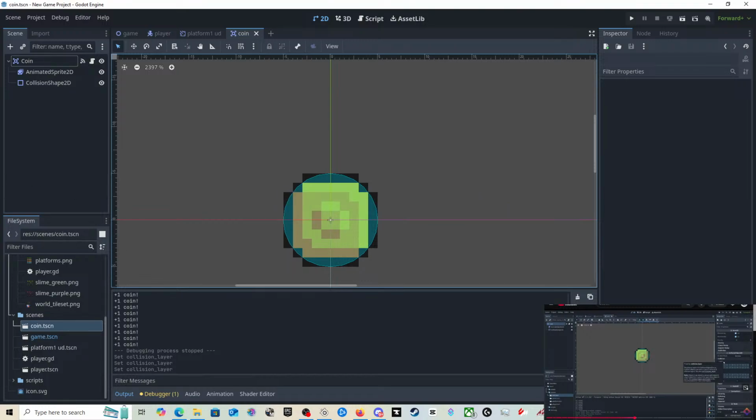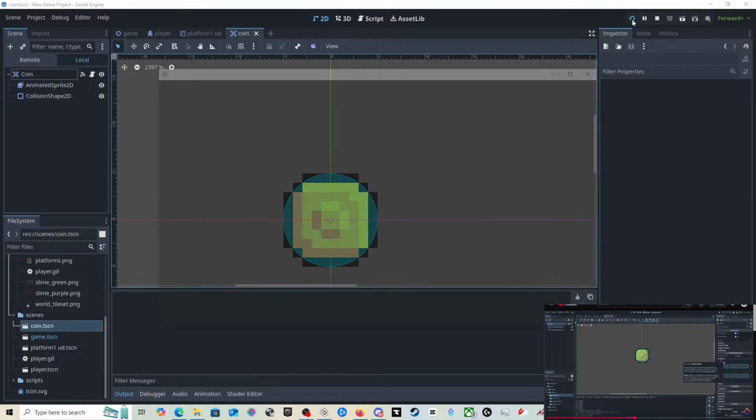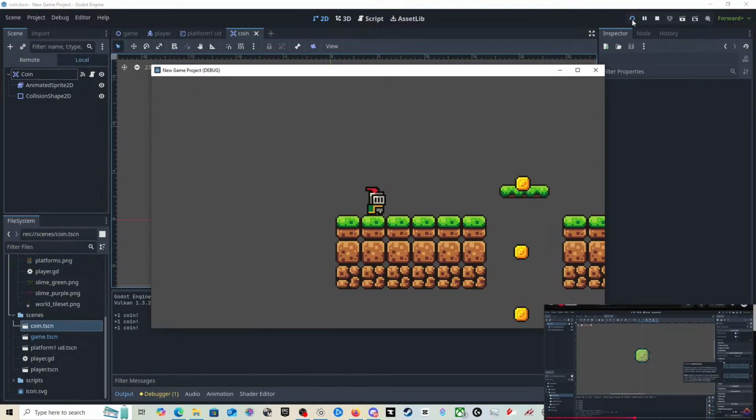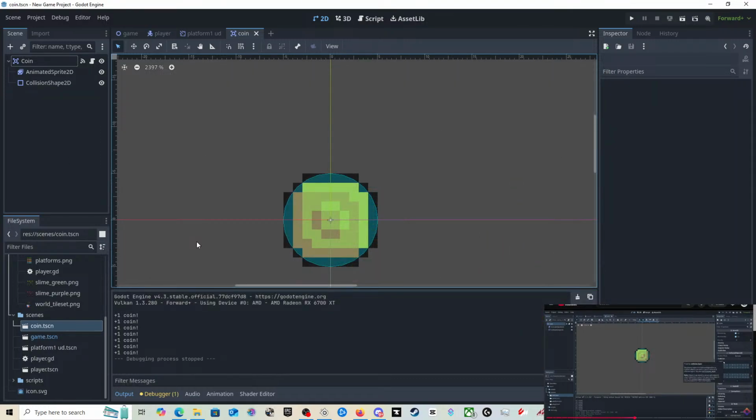Right, so now, theoretically, whenever I move around, because my collision is on 2 and the coin is on 2, it should only print something in the message board when my body goes into it, because we're on the same layer. Nope, it didn't work. Okay, what did we do wrong?